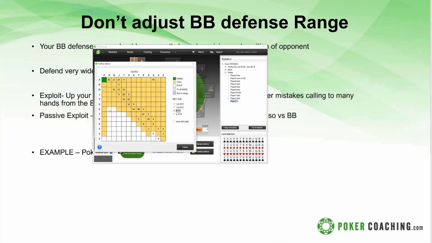So I always see people defending king 8, king 7, king 6 off. These are folds even to a min raise versus early position. Hands like jack 7 off, 10-7 off. These suited 2 and 3 gappers, pretty much the offsuit 1 gappers is the cutoff, 8-6, 7-5. But this is against a min raise.